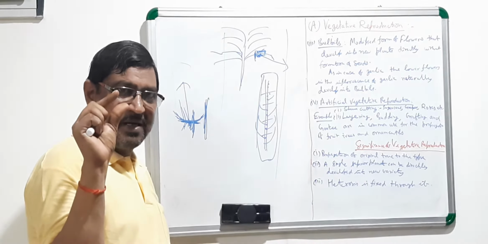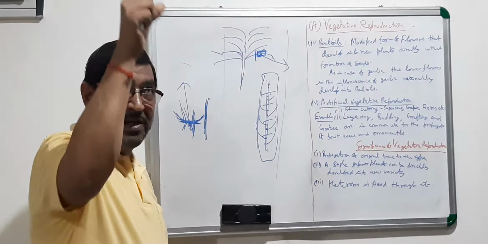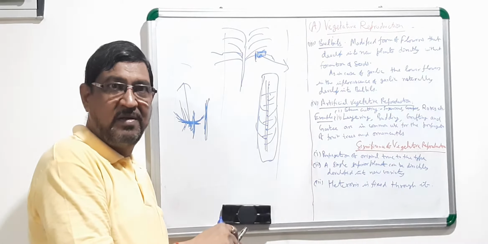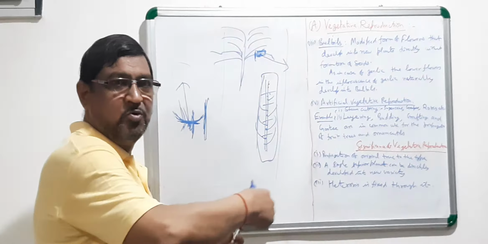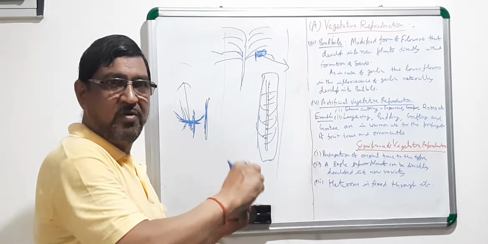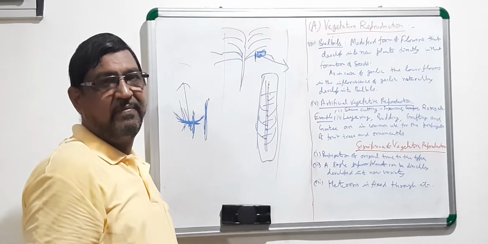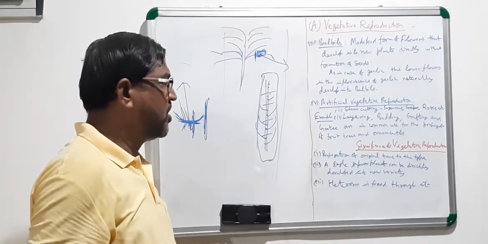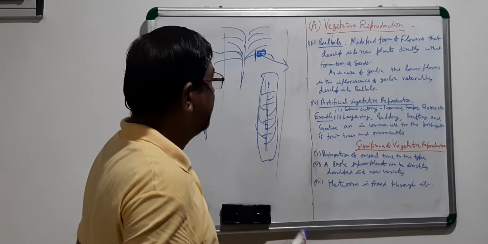You take the graft, you take the scion from the Langda plant, and if you are willing to propagate this plant, you have to graft on root stocks, different root stocks. Wherever you are putting this graft, all those plants will be Langda plants of that tree. So this is the significance: true to the type you are getting.